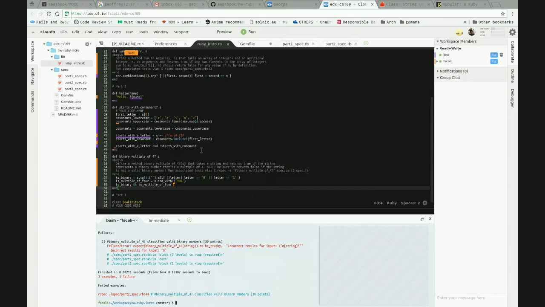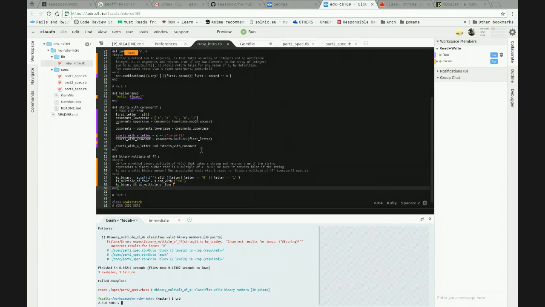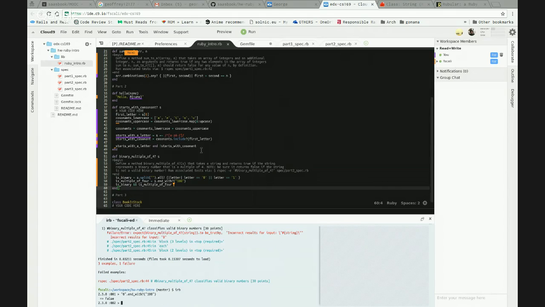Incorrect result for input 0. For input 0. For 0. So strange. False.